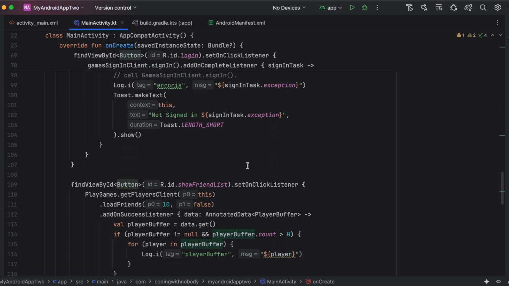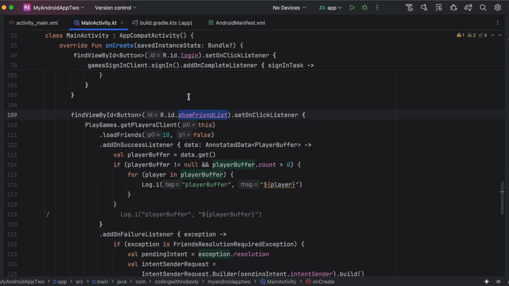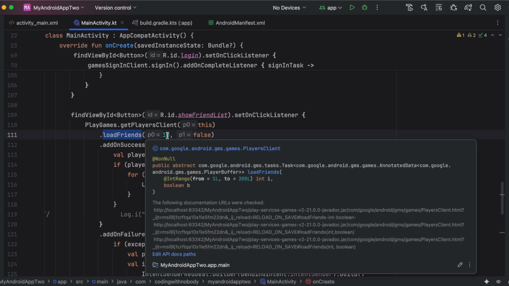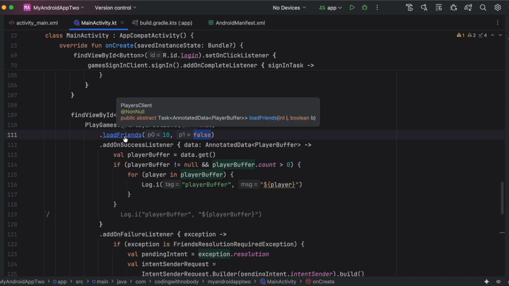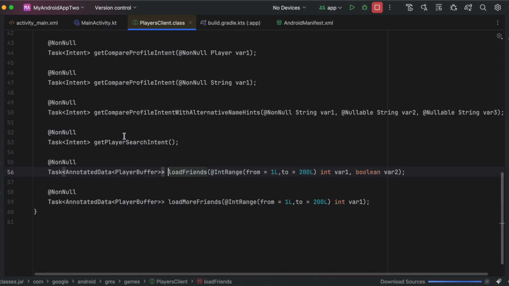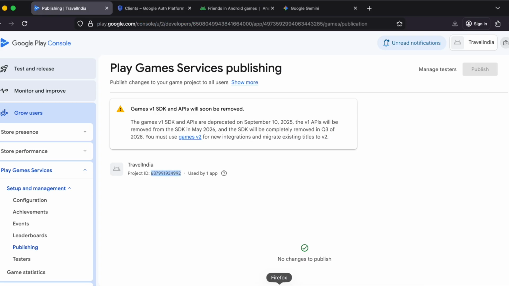So once the user is logged in, then only you can display the friends list. If you want to create a boolean variable, you can do that as well, otherwise this will not work. For showing the friends list, you have to use PlayGames.getPlayerClient().loadFriends. Here you need to tell how many friends you want to load, and there is a boolean related to reload or refresh. If you check the documentation,